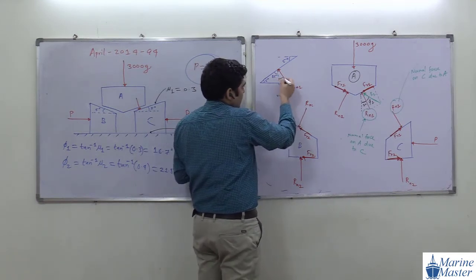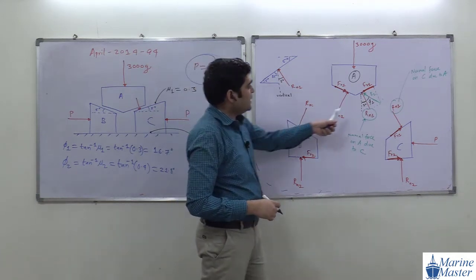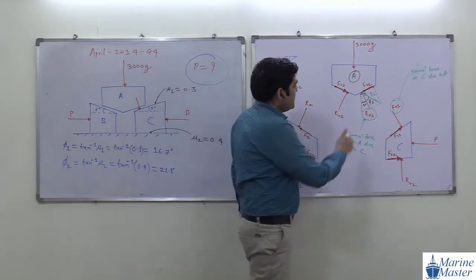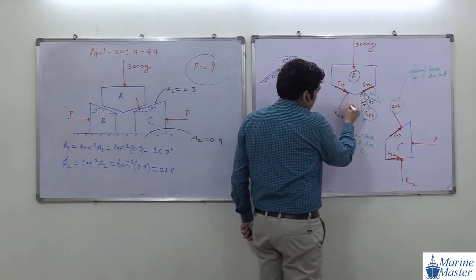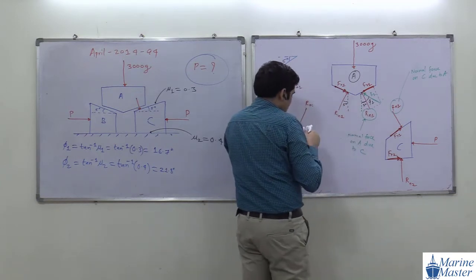Again 90 degree. Okay. So you got my point, guys. We have seen such type of scenario in earlier numerical. So you got it how we are getting 5 degree. So if this is 5 degree, then this side will also be the same, 5 degree. Then here also we can make a